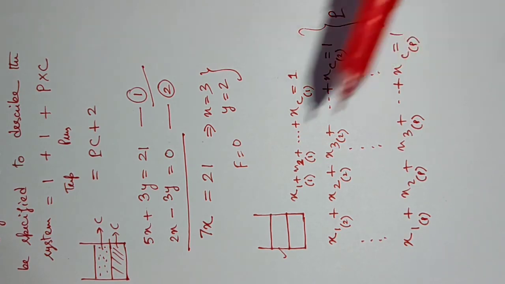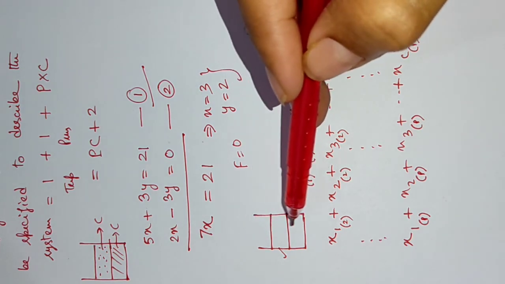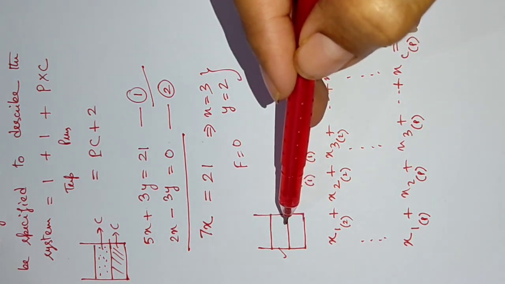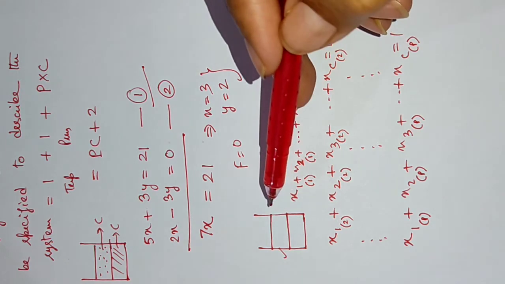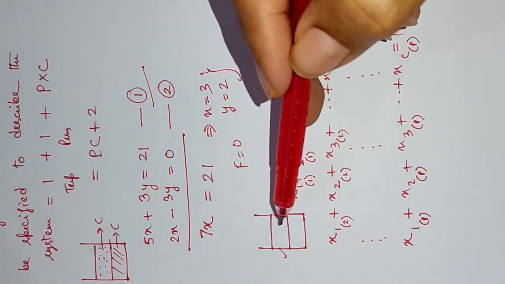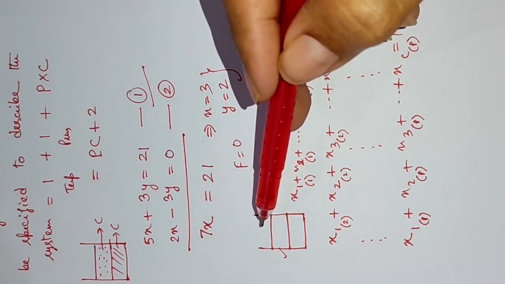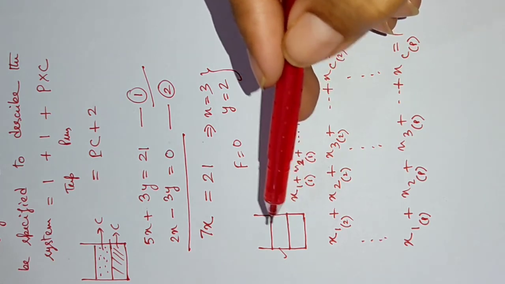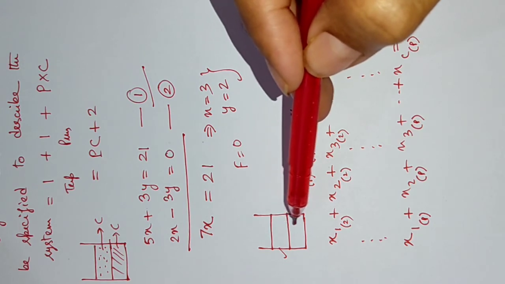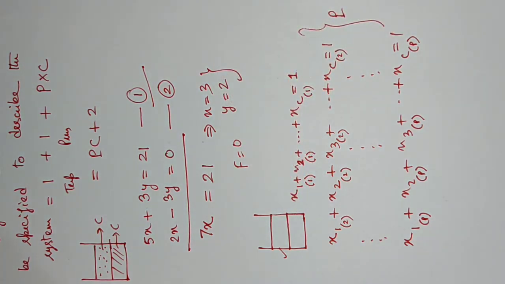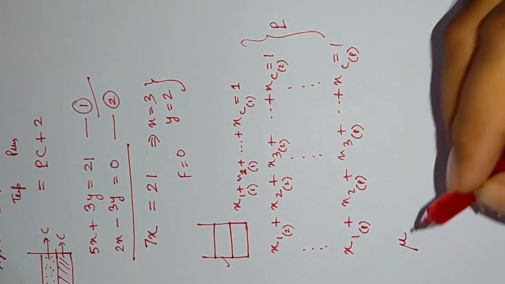Another thing is that the component that is being dissolved in all the phases will maintain equal chemical potential at equilibrium. Since at equilibrium the net transfer of any component from this phase to this phase and back, from this phase to this phase and back, will be 0. So the rate of transfer in this direction will equal the rate of transfer in this direction. This guarantees that the chemical potential of any component in all the phases will remain constant. So we will write